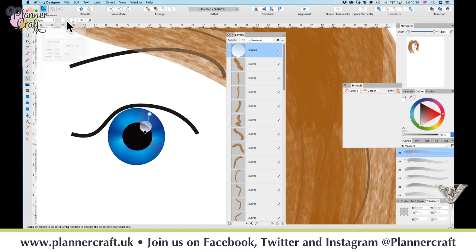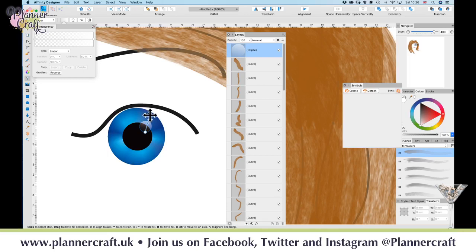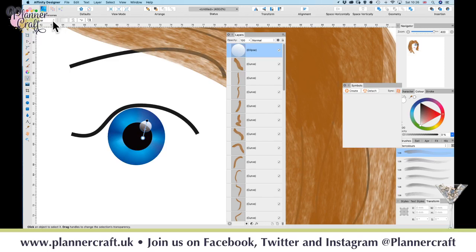So if we click up here, we can do exactly the same things as what we did with our gradient, just it's all to do with transparency. We can reverse it. So then we can drag that back in, and we can drag that one out if we want to still have some colour left in there. And you can do this on top of a colour blend as well if you want to. You can do elliptical, radial and conical. But for this one, I'm just going to leave it as a nice simple